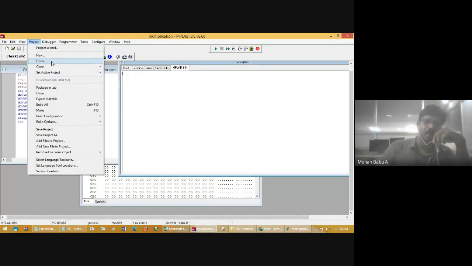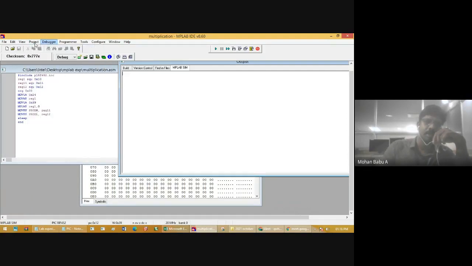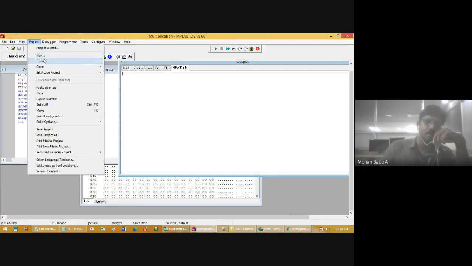What is the first step, ma? Go to the project, then you need to click new, open or project wizard. Nandini, Niveda, no one responded?